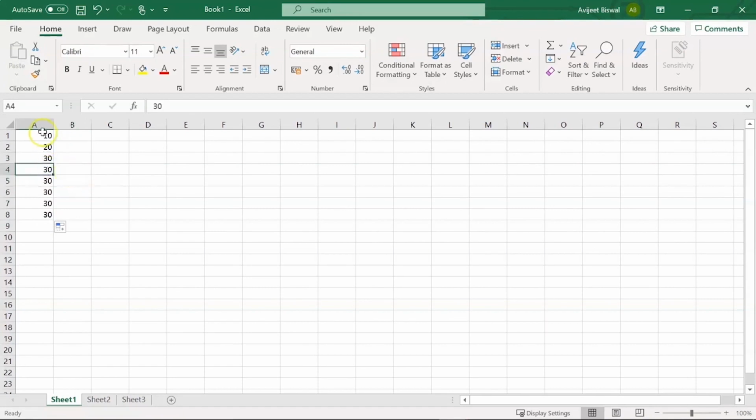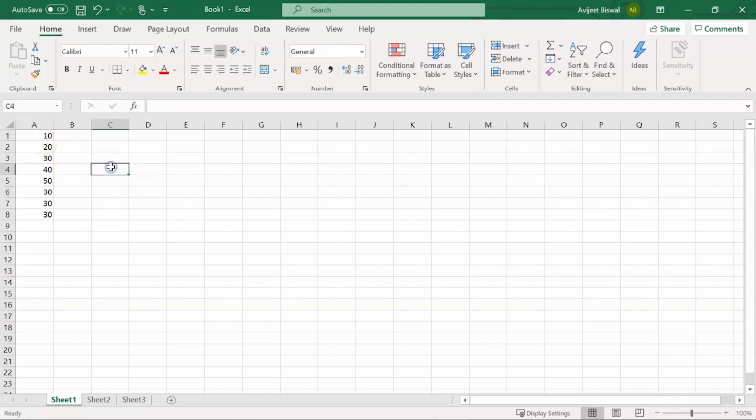Here I have selected A4 cell, you can see on the top, and hit F2 to edit the cell. So if I hit F2, you can see I can edit the cell and make it say 40. Similarly, I'll hit F2 again and make this as 50, and so on.